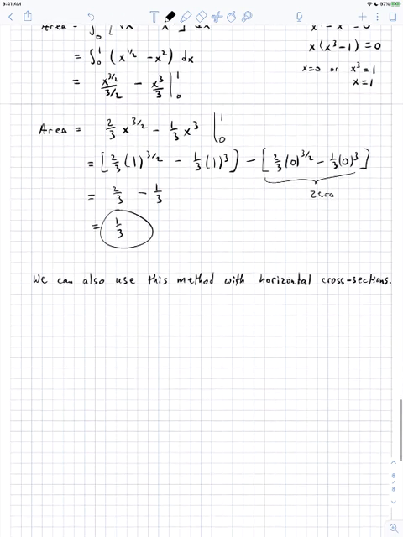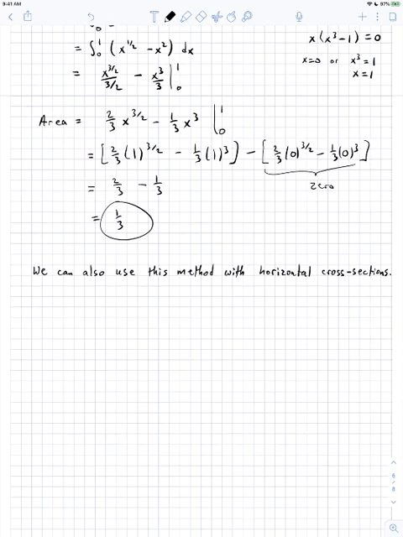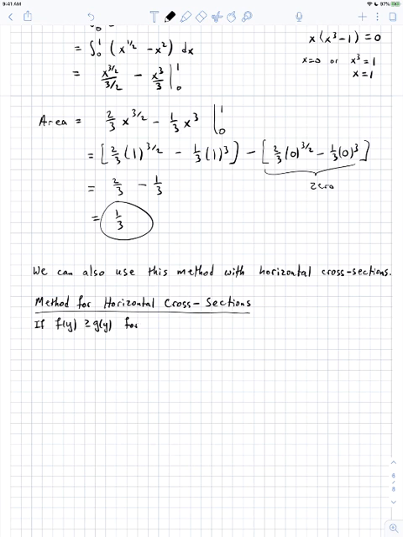Let's write it out in generality. So, method for horizontal cross-sections, and it's really no different except horizontal instead of vertical. So suppose, let's say, f of y is greater than g of y for all y in some interval, let's call it CD,